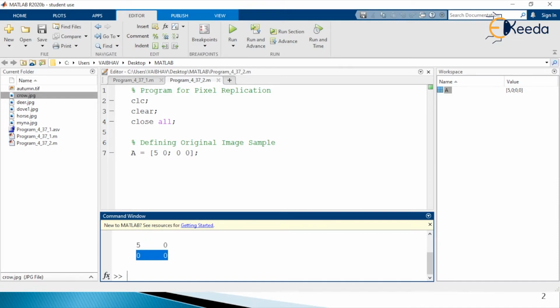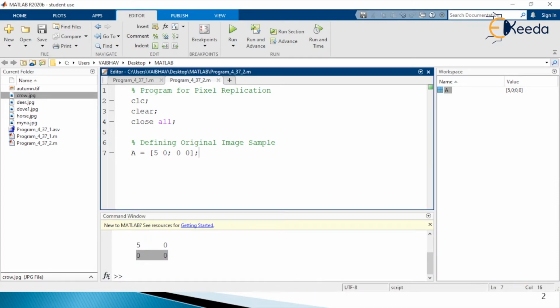So let us consider this to be the original image sample that we have generated here, and let us demonstrate the pixel replication by the use of circular convolution operation here. Now for performing the convolution operation, we will require small h as a variable that is generated with all the values of ones for the same dimension as the input operand, that is capital A here.